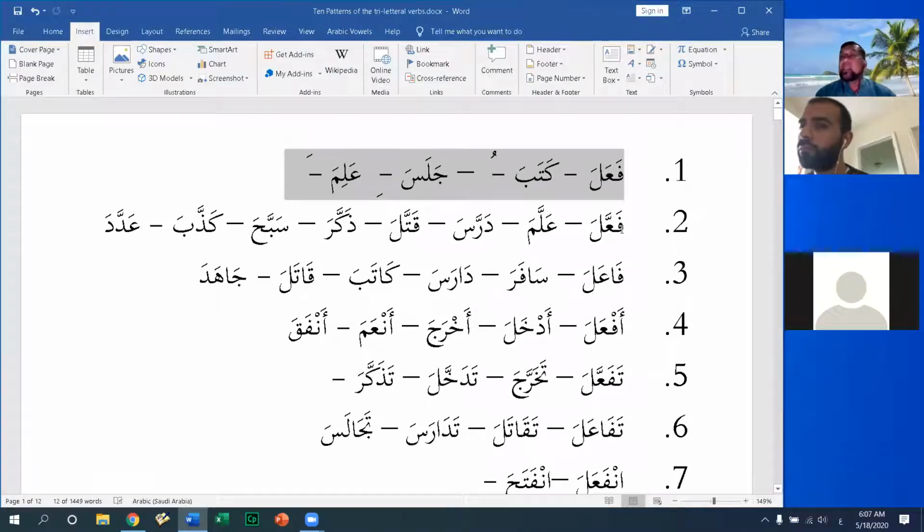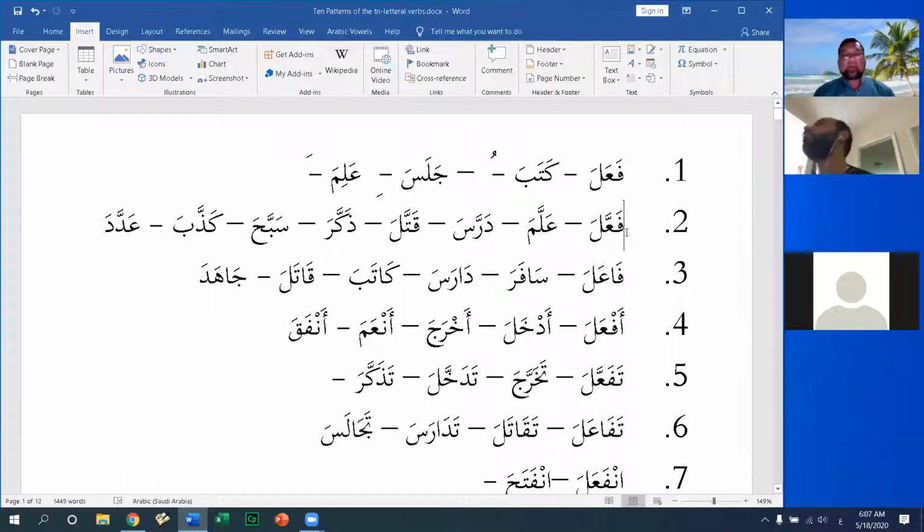But with فعل, there's only one. It would always be in the past tense. The ayn would always have fatha. The fa would always have fatha. The ayn would always have the shadda and a fatha. And the lam would always have fatha. And then the variation of the verb based on the gender, the tense, and the number would always remain the same. So the second pattern is much easier to follow because it's consistent, unlike the first pattern.